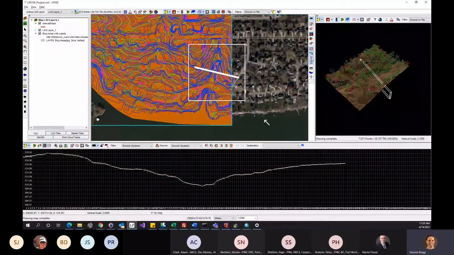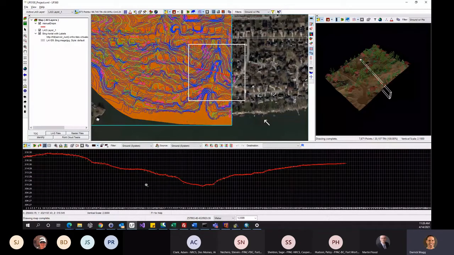And maybe I'll even turn off my profile box for the moment so we can see when we export this drape. We just do the export of the drape, or we create the drape in the file by clicking the next button over, which is to export the drape line to the file. Careful not to click it multiple times because it will just keep exporting additional features, even if you haven't moved your profile view. And if I turn off the draped line in the profile,